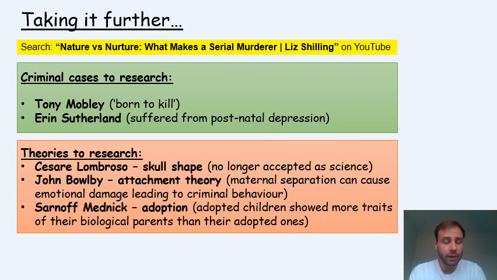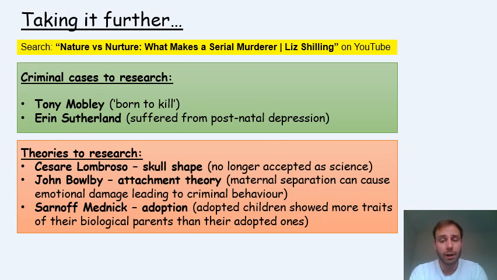A guy called John Bowlby looked at what was called attachment theories. It is basically the emotional attachment that you generate between child and mother, and he said that if a child is separated from their mother early on in their life, in the first few weeks of their life, then this could cause emotional damage, which could lead to criminal behaviour. So there's a lot of coulds and a lot of maybes, but he's seen some links between attachment and crime. And also a guy called Sarnoff Mednick is looking at adoption, and his argument is basically